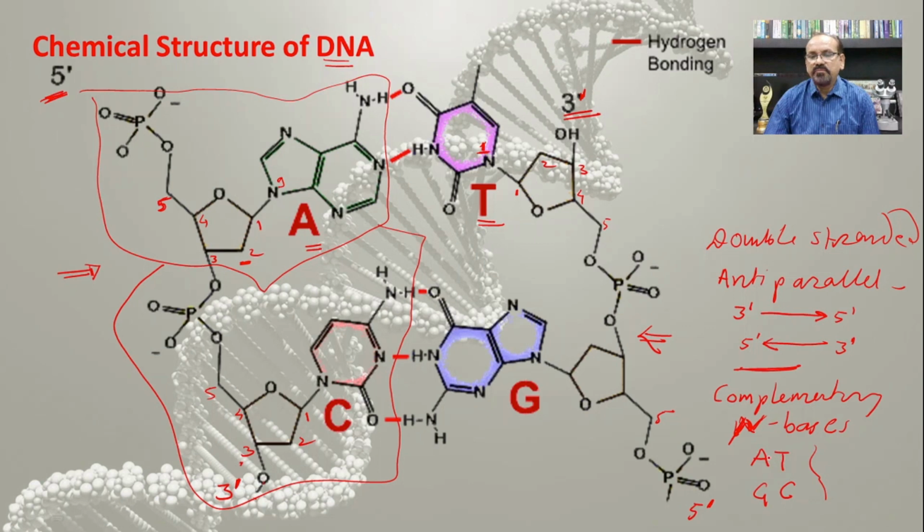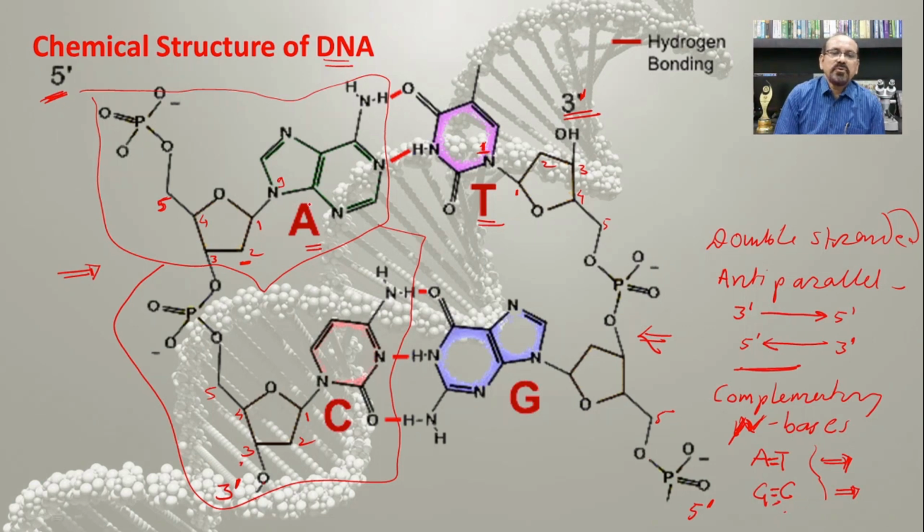First we will form the 2 hydrogen bonds, and then we will form the 3 hydrogen bonds. So in counting, the first one will be the 2, and then the 3. So in this way, there will be the presence of 2 hydrogen bonds in between the adenine and the thymine, and 3 hydrogen bonds in between the guanine and the cytosine.